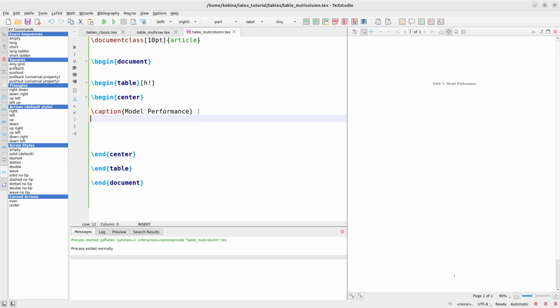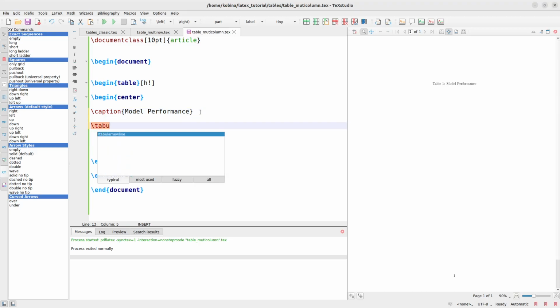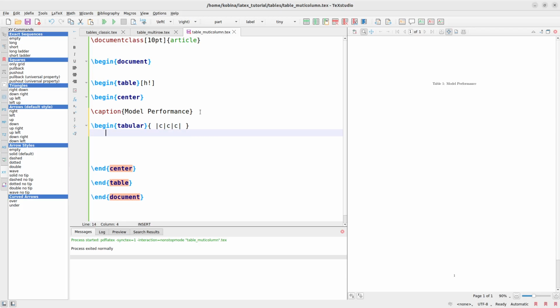So when we come here, we say slash tabular, it's supposed to begin. So slash begin tabular, then you indicate your columns. All right, so vertical bar C, vertical bar C, vertical bar C, vertical bar. Then we close it. Then we add slash hline